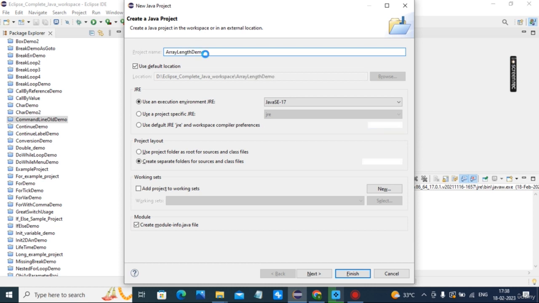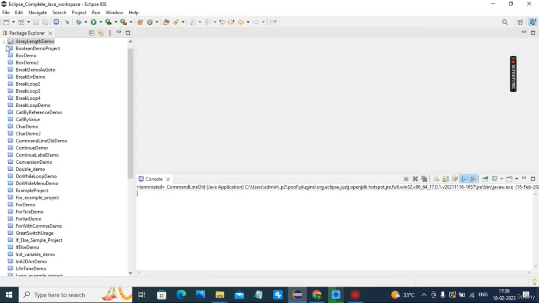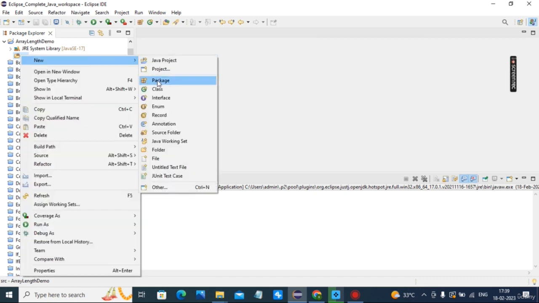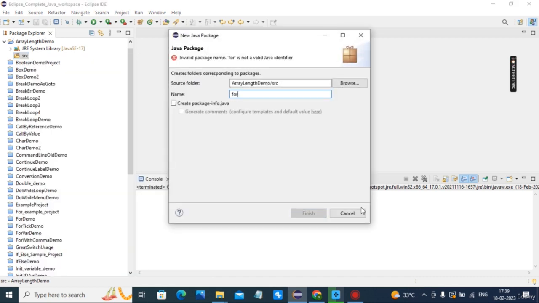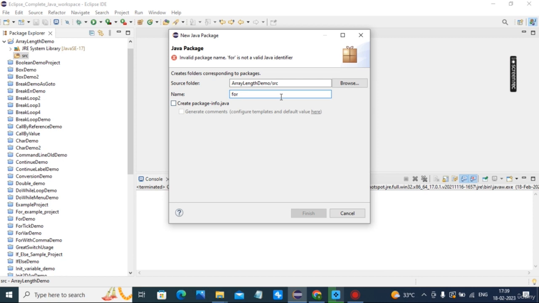Array length table. With a new package for array length.